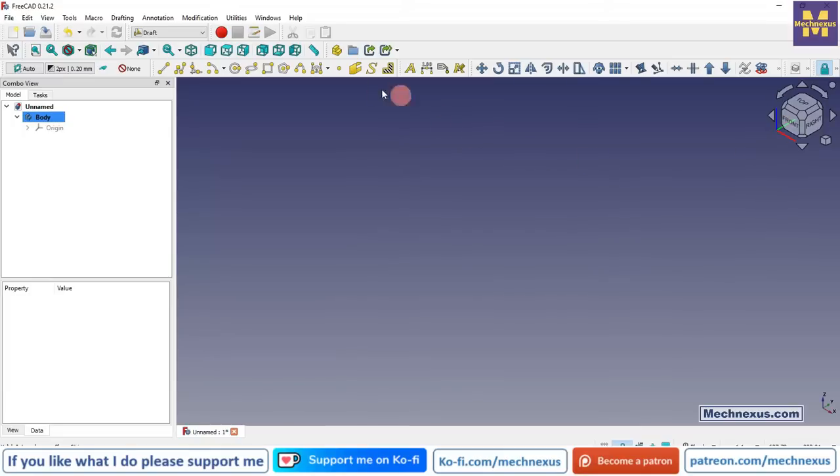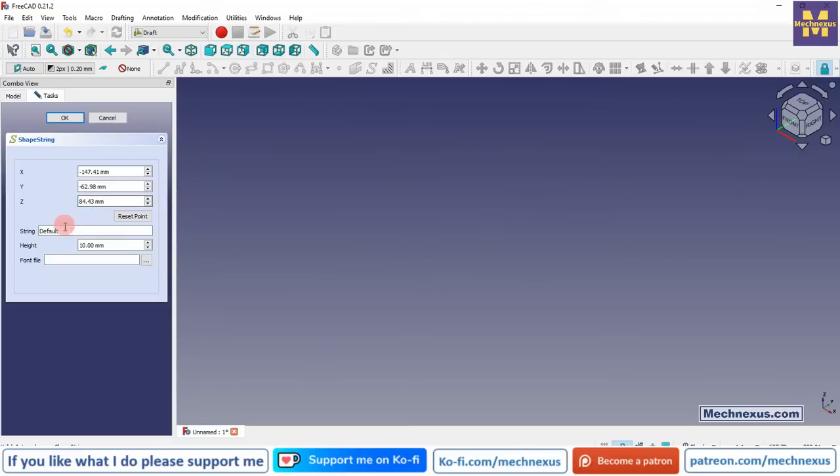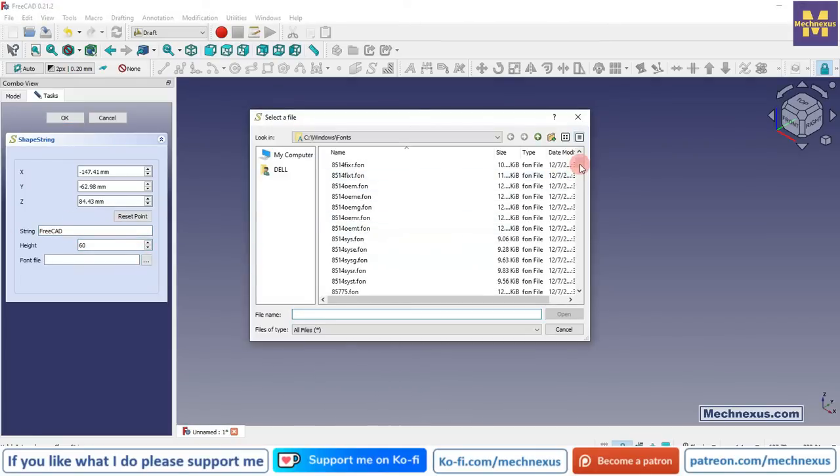and I will set my cube to the isometric and click on the string, and again give the height 60, and I will give the same font file which I have given the last time, which is times.ttf. Why am I using the times.ttf? Because it is the most common font, Times New Roman. So here is my TTF, click on OK,